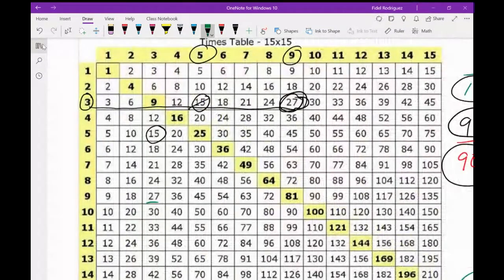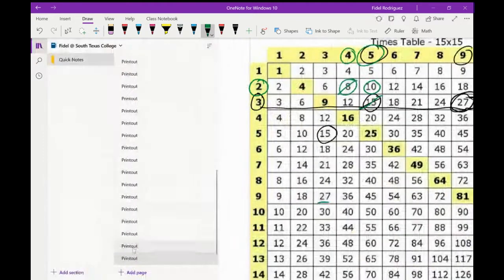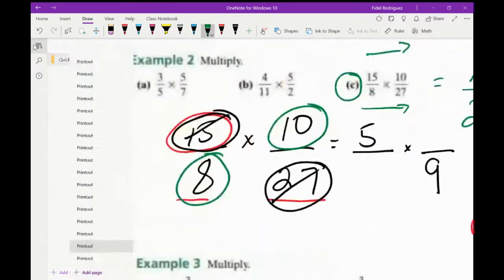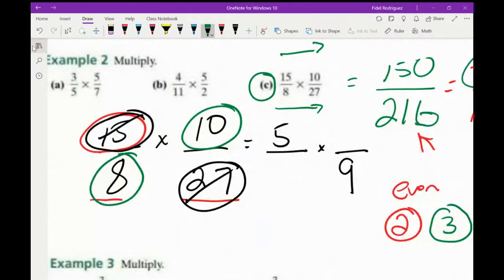Okay, 10 and 8. And so look, here's 10 and 8. That means they can both be divided by 2. So 2 goes into 8 4 times, and 2 goes into 10 5 times. Alrighty. So I'm going to come back over here, and I say, look, we can divide both these numbers here by 2. So that 8 turns into a 4, and that 10 turns into a 5.